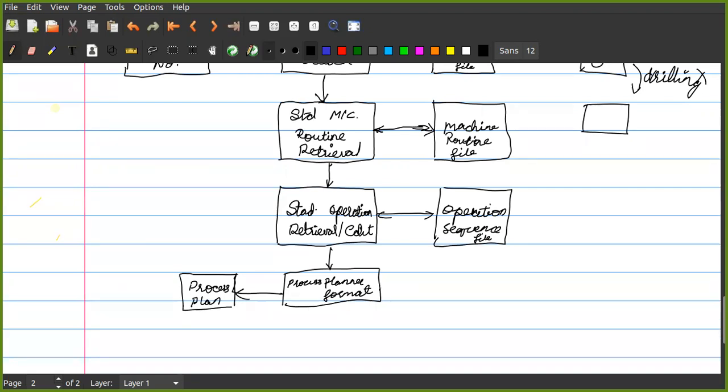Then you can use the process plan exactly as it is, or you may use it in other operations, like for your database management, or for any other applications.